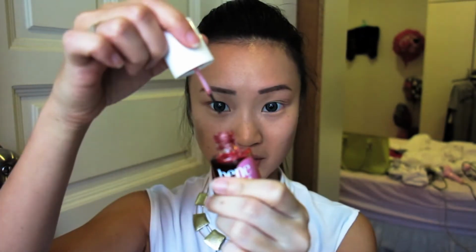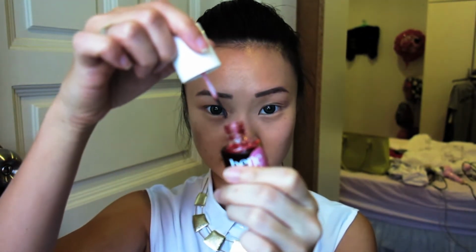So what I usually do, I'm going to take my Benetint. It comes as a brush like that, like a nail polish brush. I'm going to just apply this to the center between my nose and ear. I'm going to apply this to the center area, just like that, by dabbing it. And then I'm just going to take my finger and blend it upwards towards my ear and then back down